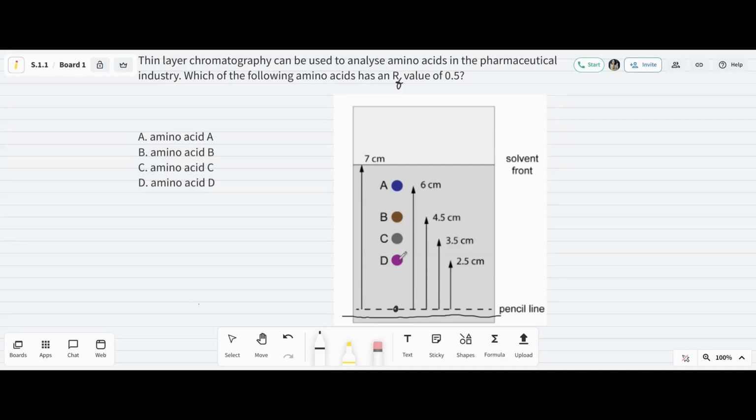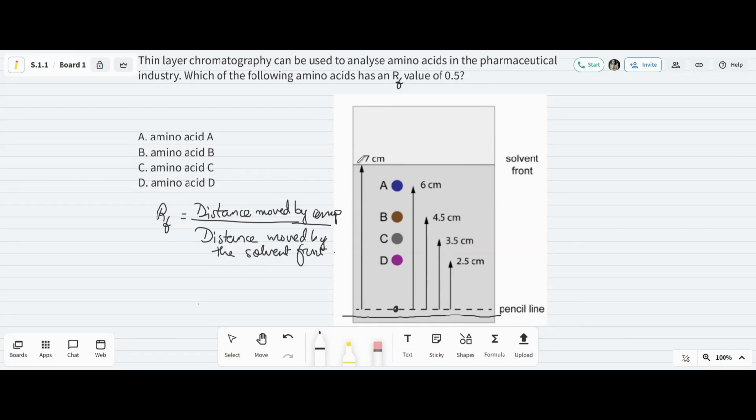Each component of the mixture, having different solubilities in the solvent, would get separated based on the solubilities. The component that is more soluble in the solvent rises up further, with the least soluble trailing behind. Thus, a separation is effected. The components can be identified by their RF factor. The RF factor of a component is the distance moved by that component over the distance moved by the solvent front.